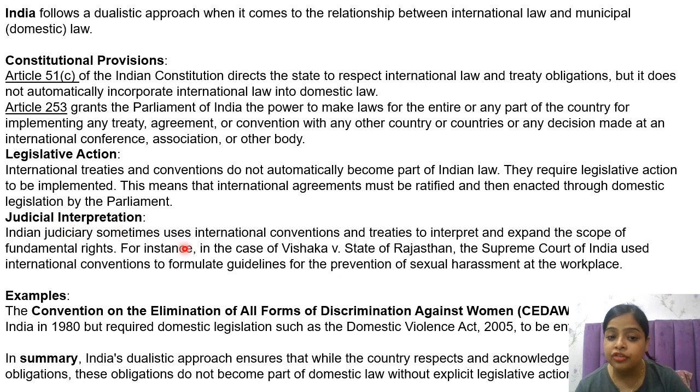So Indian judiciary sometimes uses international conventions and treaties to interpret and expand the scope of fundamental rights. क्या होता है ना, कभी कभी अगर कोई केस आता है कोर्ट में और उसमें अगर कोई गैप हो, लैक्यूना हो, तो उसके लिए जो जजेस होते हैं वो इंटरनेशनल ट्रीटीज और कन्वेंशन जिसको इंडिया रेटिफाई करती है उससे भी रेफरेंस लेते हैं, दैट व्हाट इज गिवन अंडर दैट, क्या गाइडलाइन है।